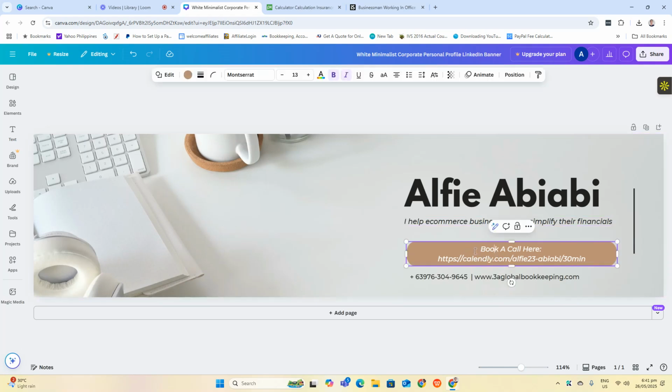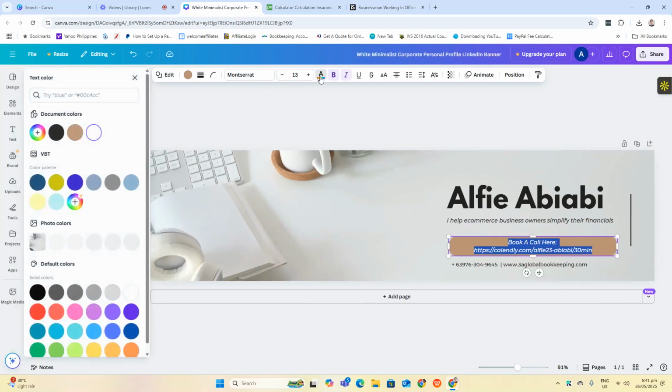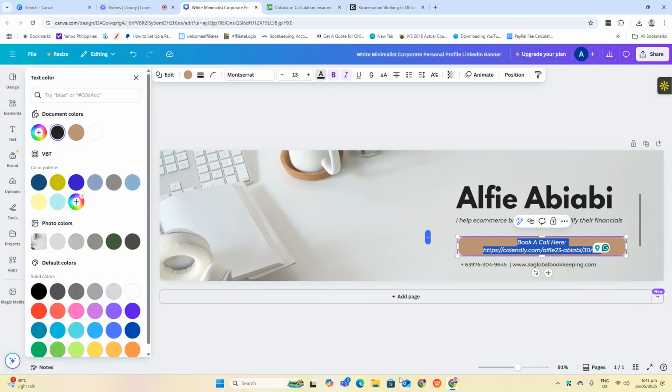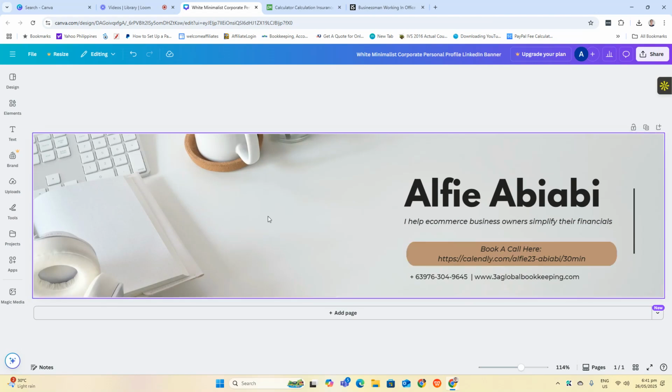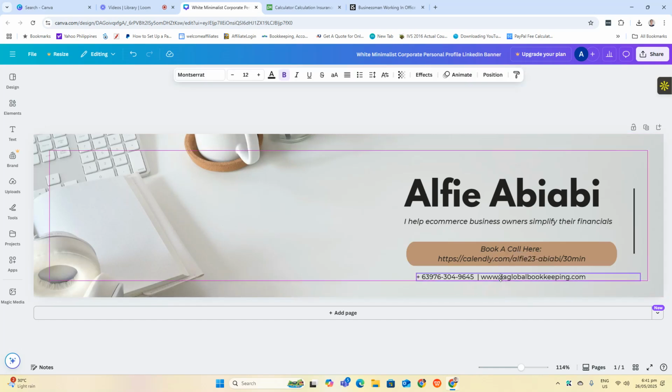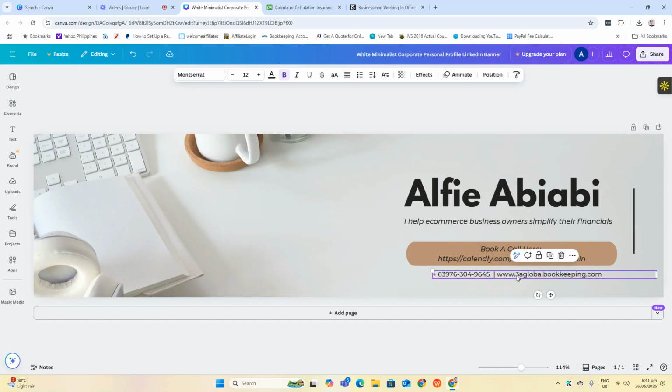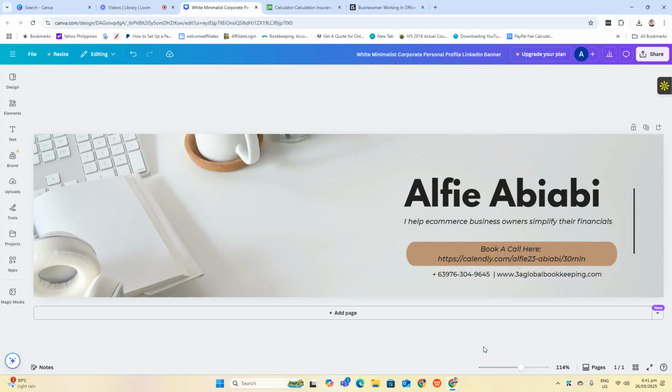And then so if you want to make this, how about gonna use black? Okay. So the design here or the color here, it's more on black and brown and a little bit of pearly white, I guess. Okay. So you have here the contact number, the website.